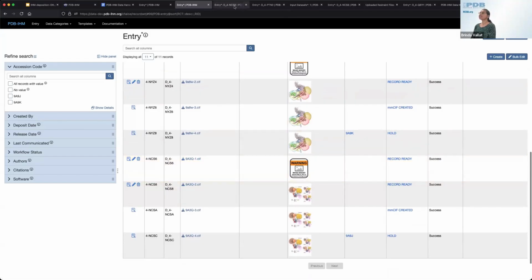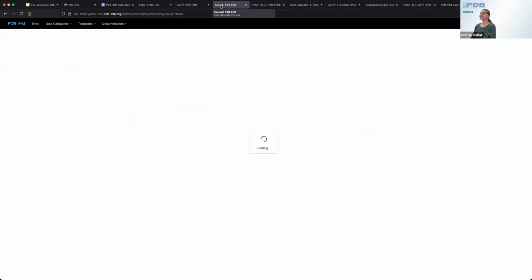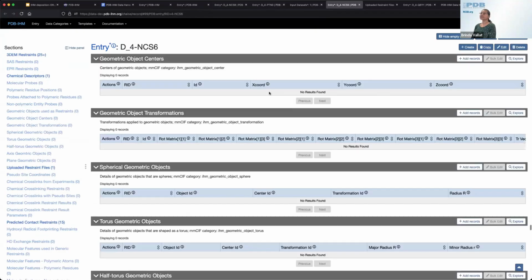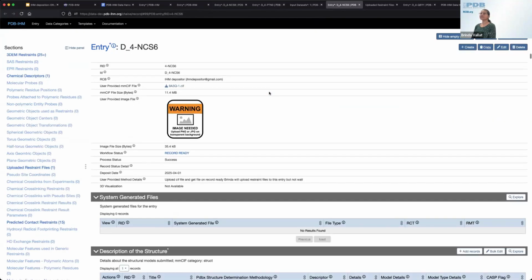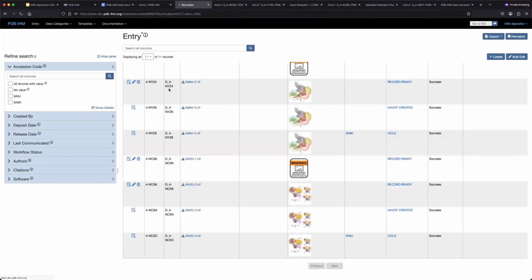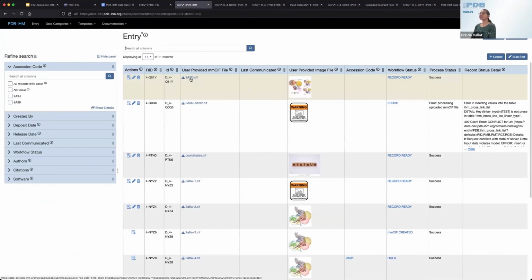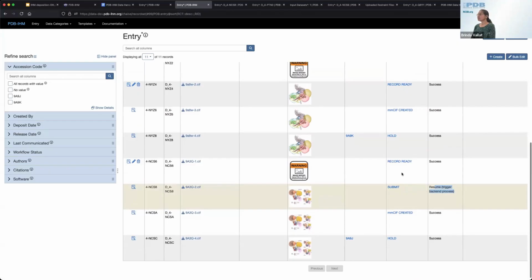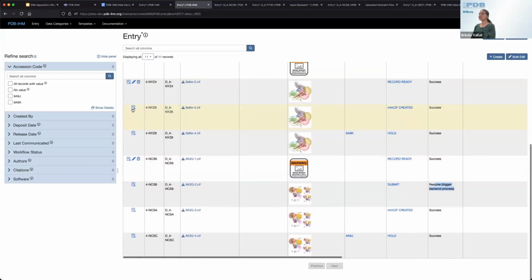All right, so let me see if any of our submissions got processed, just to show you what happens. This one, yeah, this one got pretty done, I guess. Maybe here. Right, so this is the first one we uploaded. Now we started the deposition. It's ready. So you can go and update entry. The other one is still being processed. It takes some time for the backend to complete its job, but it'll be done. And once it gets to MMSIF created, you lose access. We will review it and then put it on hold, at which point you will have